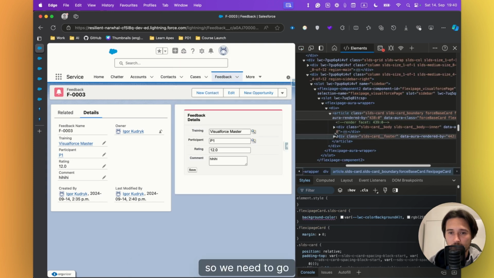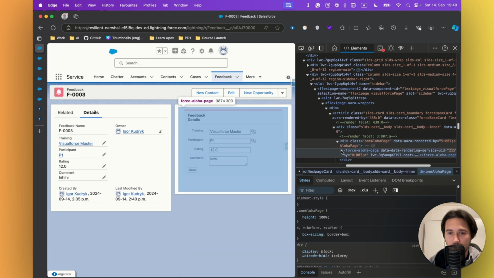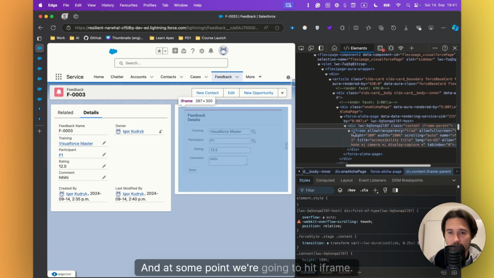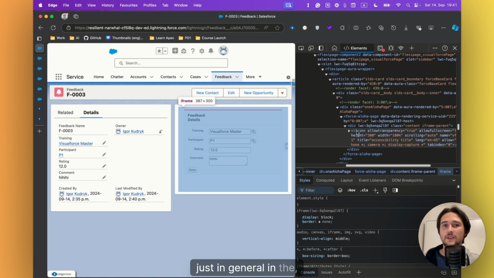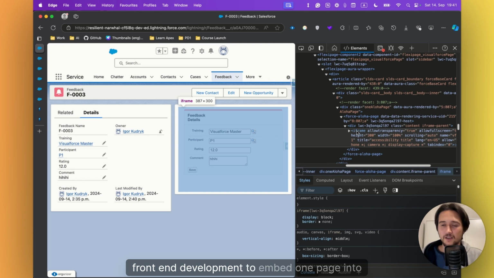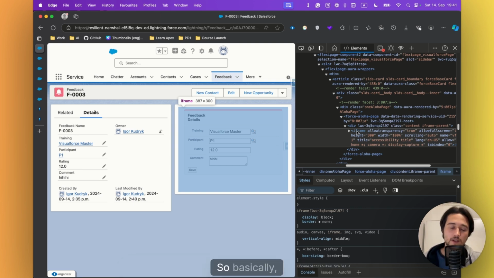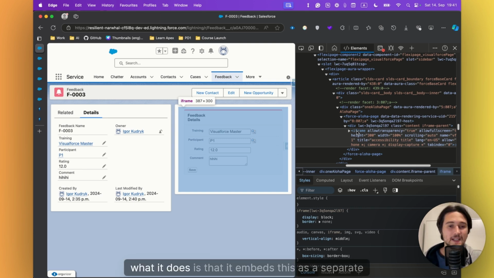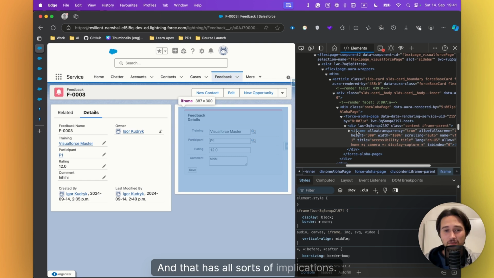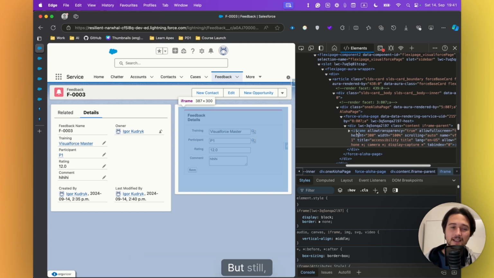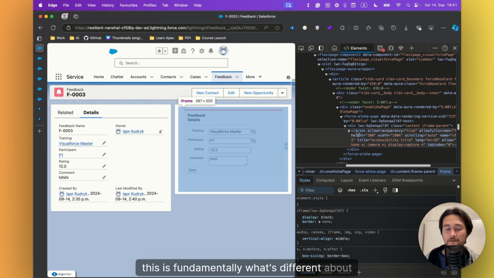So we need to go here, and then we need to go here, and at some point we're gonna hit iframe. And iframe is used in front-end development in general to embed one page into another page. So basically, what it does is embed this as a separate page into our main page. And that has all sorts of implications, like, for example, you see that it refreshes in a different way. And of course, Salesforce did a good job integrating them together, but still, this is fundamentally what's different about Visualforce